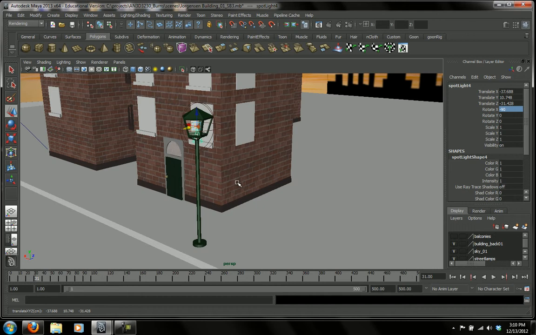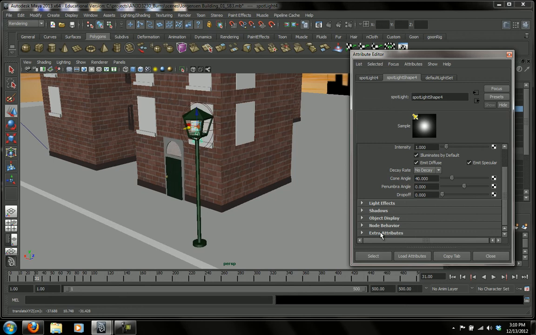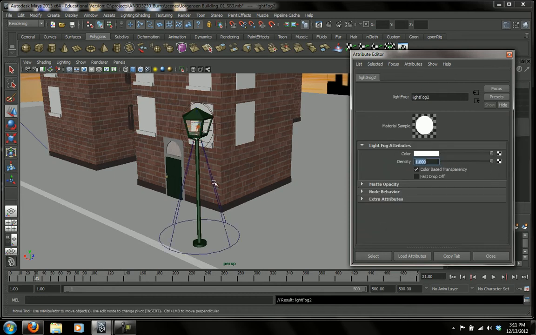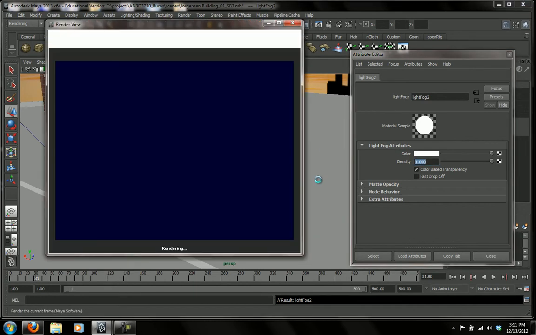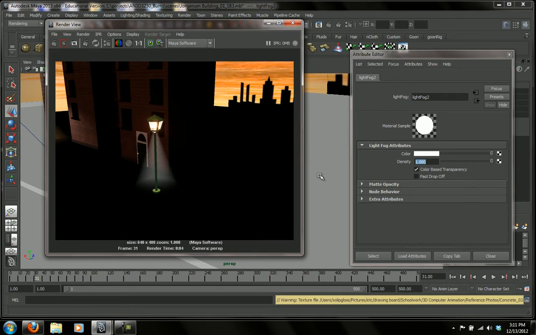And then I'm going to open up its attributes with the spotlight. And if we go into some light effects here, you're going to see one called light fog. And we're going to press that. What that does is add an indication of where the fog is actually going to hit. And let's just do a little test render here, and you can see what the effect is going to look like. So what this light is doing is casting sort of a volumetric light,